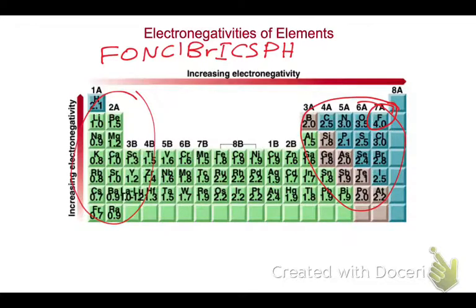Now, nitrogen and chlorine, they are the same, right? So these are the same, and then bromine is less electronegative than chlorine. Iodine is less electronegative than bromine. Carbon and iodine are the same. Then sulfur is less electronegative than